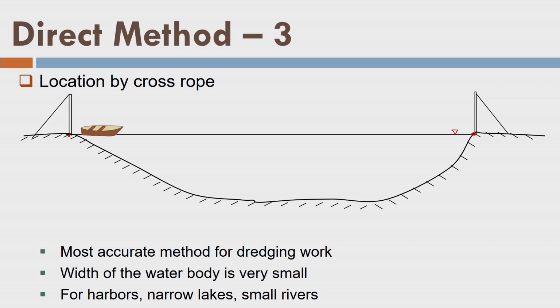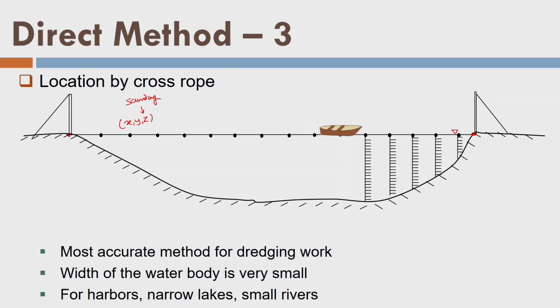Along this float line or the rope, we will take the observations like this at a regular interval, like this. So you can see here that we are measuring the XY position for each point here. At the same time, we are taking the Z by sounding. We repeat for this point, and the boat will be definitely reaching here. Again, we will take another section and we will repeat this.